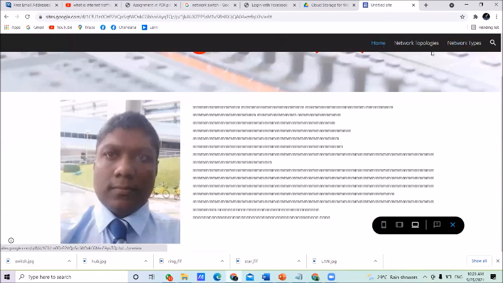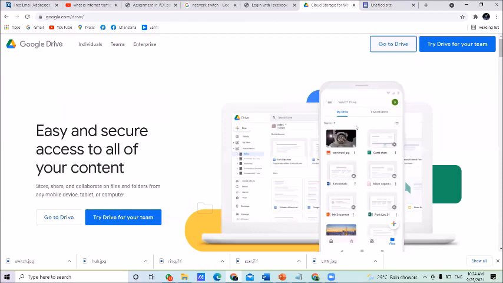Suppose I want to see your network types, then I click here. Once I click network types, it will load the network types page.